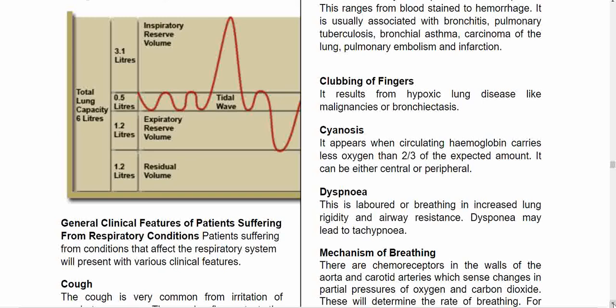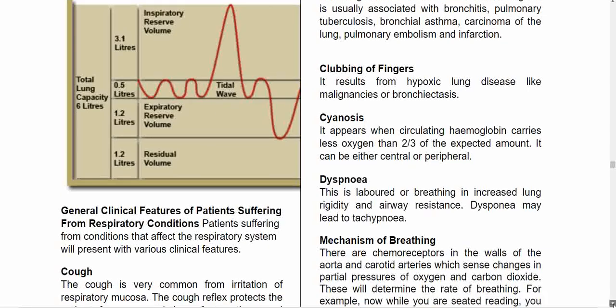Dyspnea, difficulty in breathing, can also come as a clinical manifestation, and this is labored breathing due to increased lung rigidity and airway resistance. So dyspnea may lead to tachypnea. When you have difficulty in breathing, you'll have tachypnea, to mean that you tend to breathe faster. So when somebody presents with an increased breathing rate, this person is struggling to breathe. But by struggling to breathe, you end up having tachypnea, like breathing faster, because even breathing at